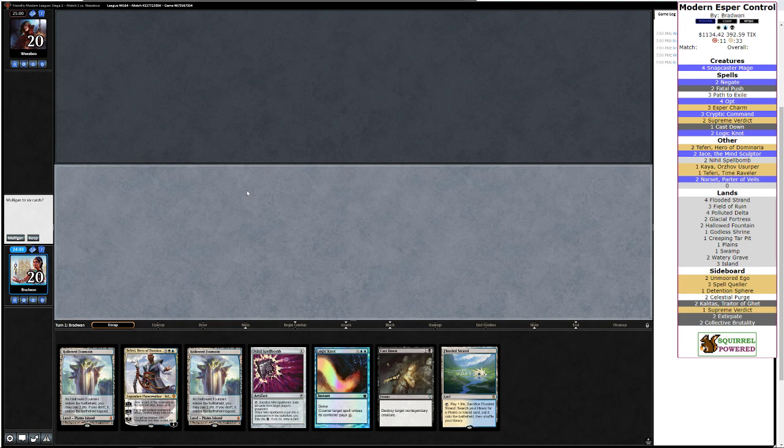This is not the greatest of hands, not the worst of hands. I think we can do better. We do have turn 1 interaction, turn 2 interaction. I think I'm gonna keep this. We'll keep this and see where we go from it. Kept a lot worse hands than this. I've of course kept a lot better hands than this. We're really looking for like an Opt or something. But without it,